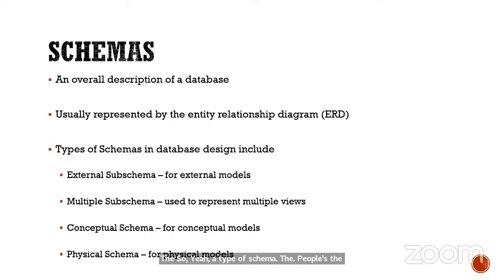Now, these schemas actually affect views. When you have multiple views, each viewer will have his own schema. That's why we usually call it a multiple schema. We also have what we call conceptual schema or sub-schema, which we use for the conceptual model. Then we have the physical schema, which we use for